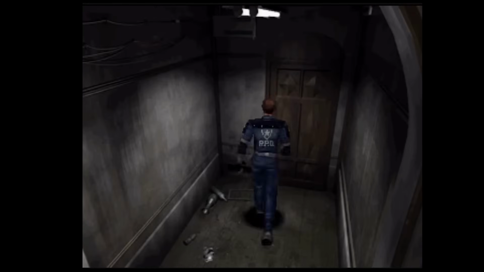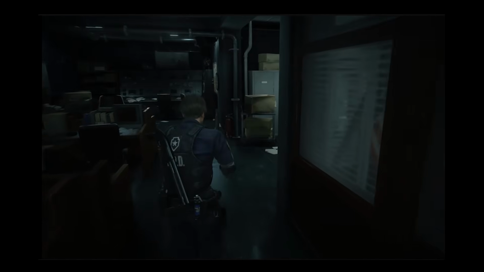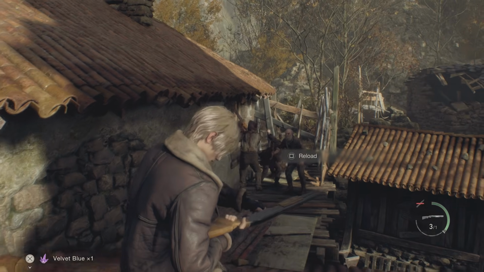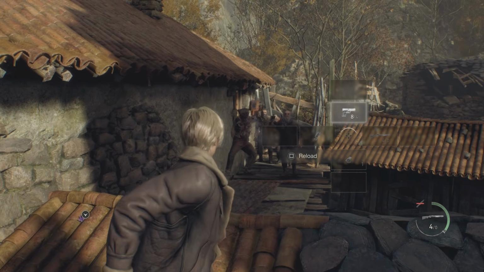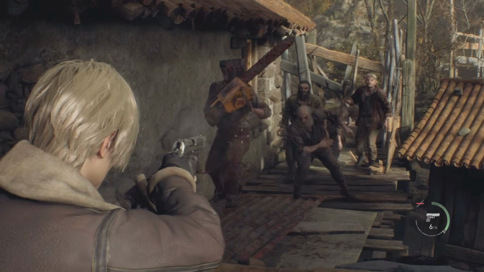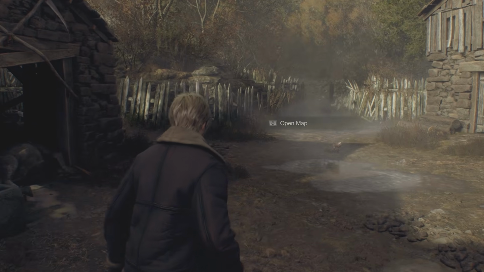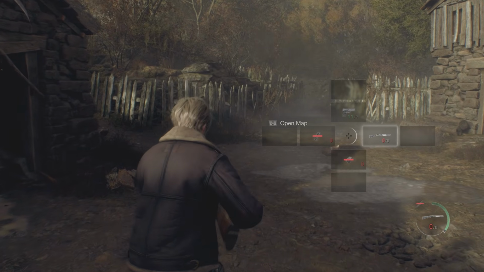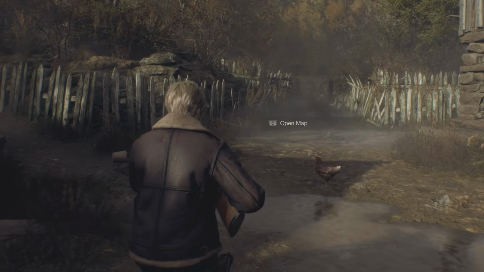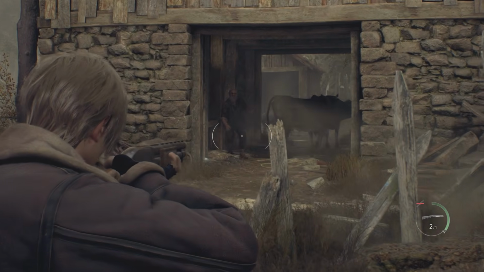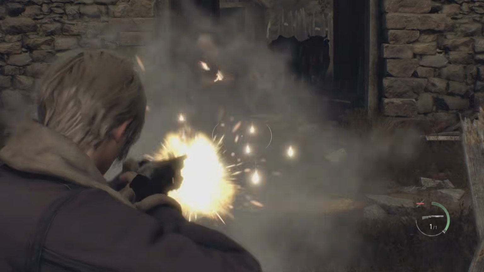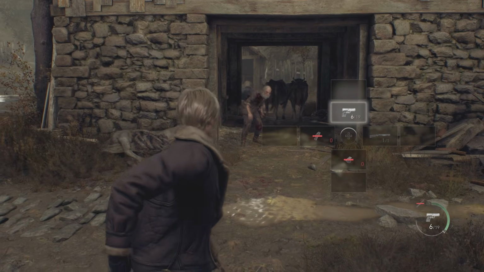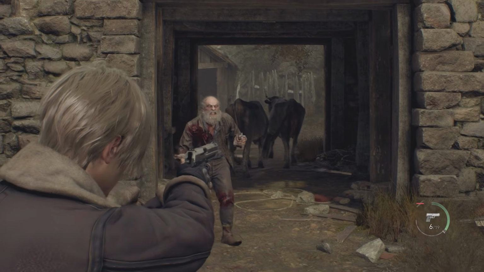It's much more prominent in those first 2 remakes, which used fixed cameras, than it is here in 4, but it's still something significant. You could call it a quality of life improvement to bring it in line with modern gaming trends, which would see your character be able to move and shoot at the same time, but I don't think this change should be overlooked. I think it still feels the same because you're moving slowly, but the option to move at all definitely changes the type of tension you're going to feel when facing a horde.